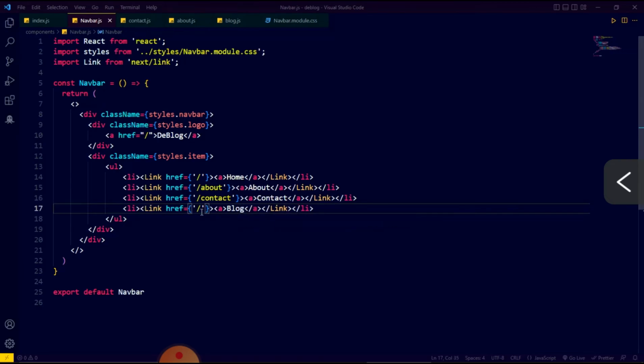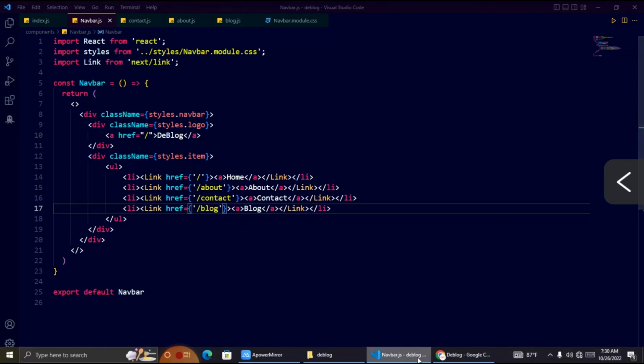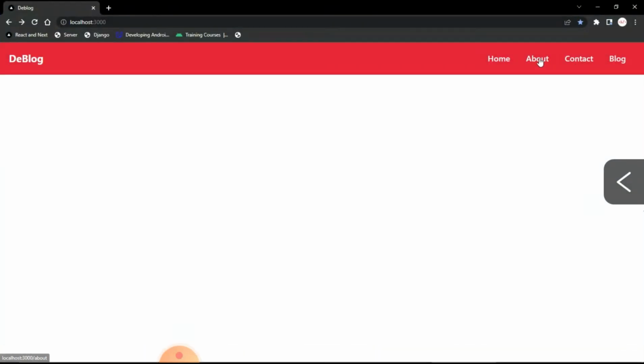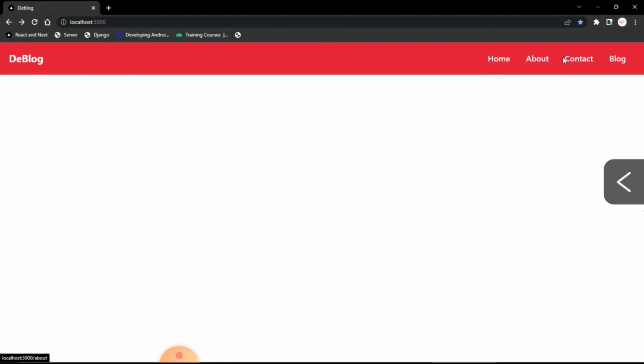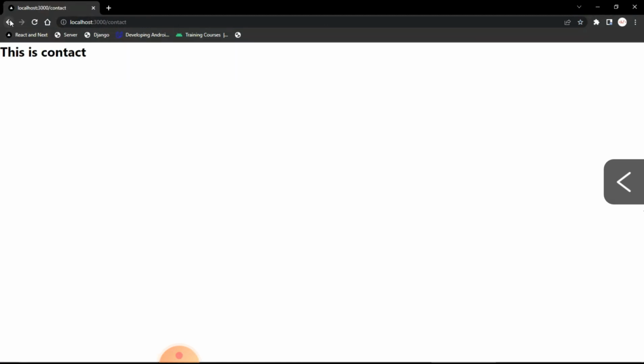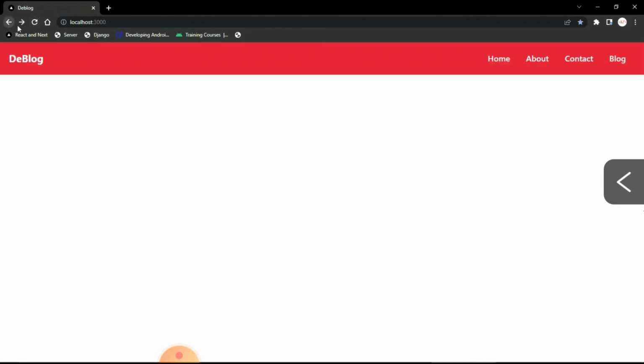The next thing we have to do is go to our website. Now if you click on this, the page will not refresh. You can see the page will not refresh, but you can also see the navbar is not here. So for that we have to